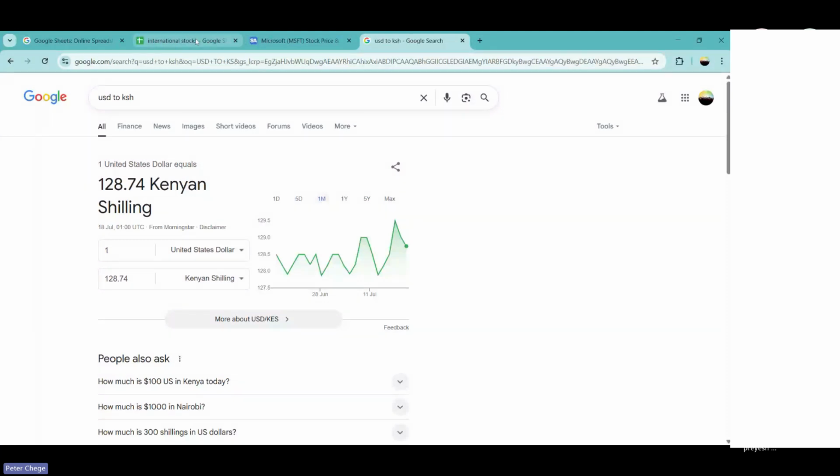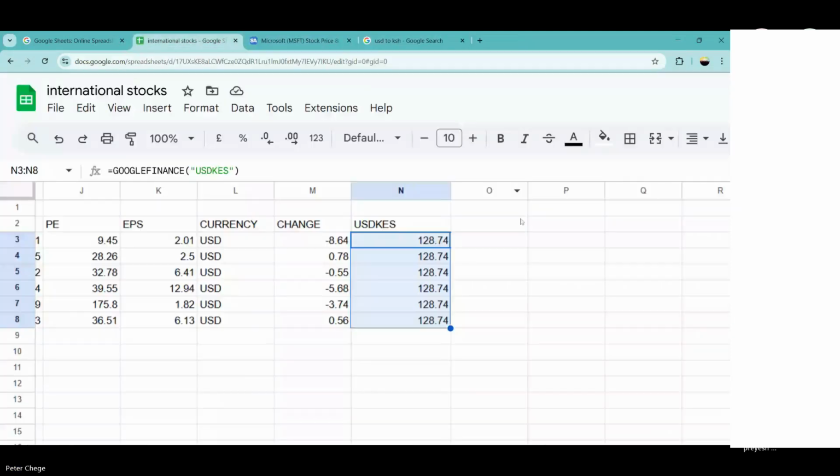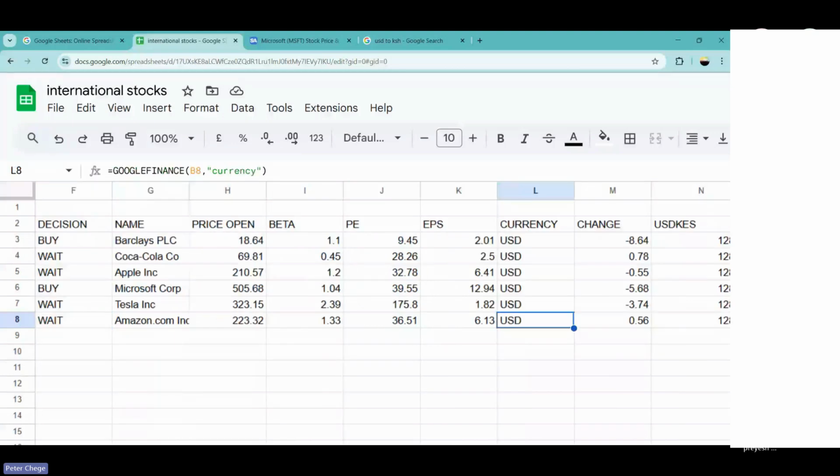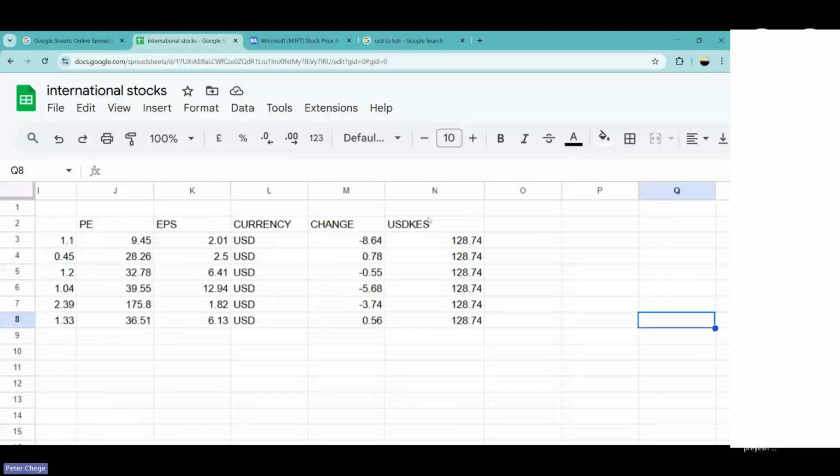So now using our spreadsheet, you have sold your shares. Let's say for each counter, maybe I bought shares. It could be ETFs or shares. You put the same information the same way: 5 units, 2, 3, 1, 9, and 1. You may ask what the minimum number of shares you can buy is. I said it's 1 share in international markets. So how much would I be paid in USD if I sell,